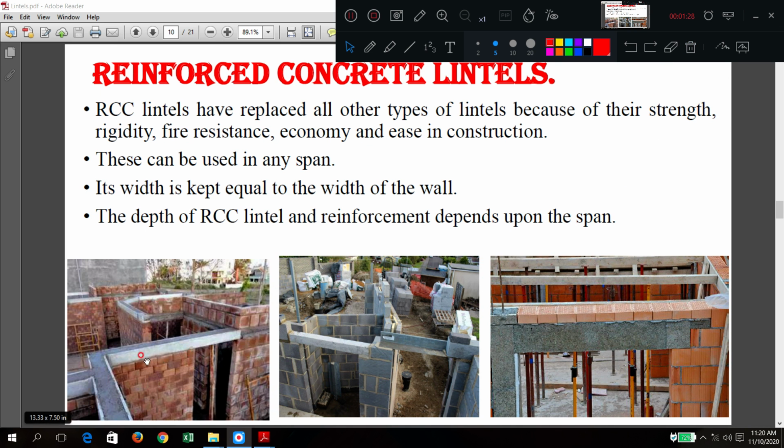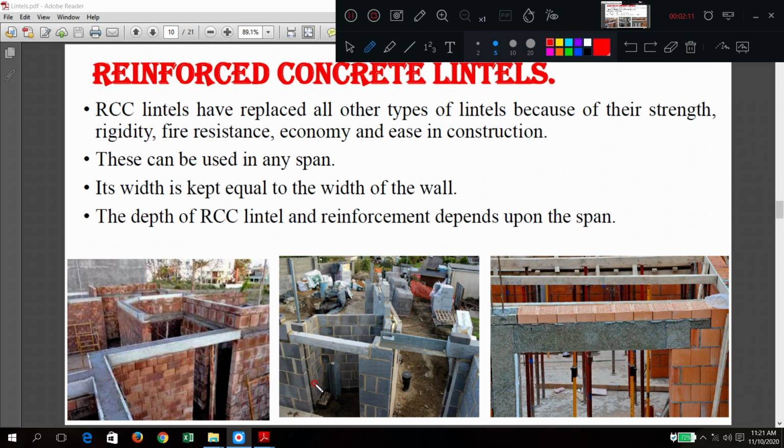Are you able to see a lintel which is a through lintel or continuous lintel? I hope you remember the words. One is cut lintel and another is continuous lintel. Cut lintel means wherever a door or opening is there, only there it is provided. That's all. But a continuous lintel, an example of that is this one, running throughout the building, everywhere it is there. So this is the example of cut lintel, but it is made up of RCC.